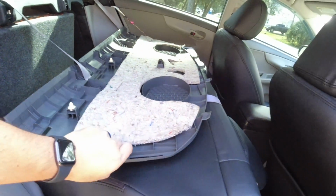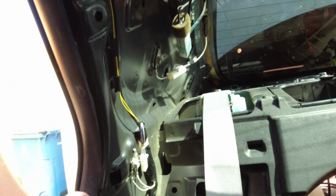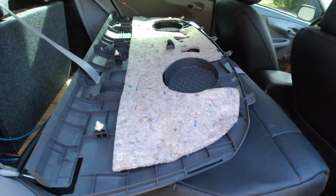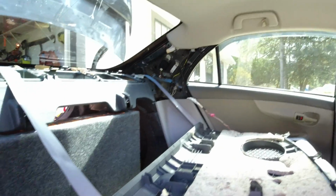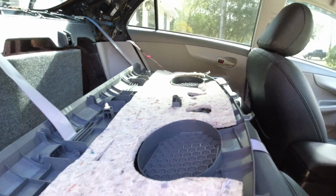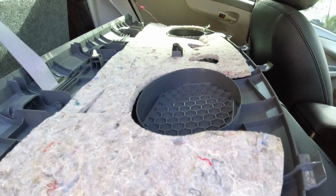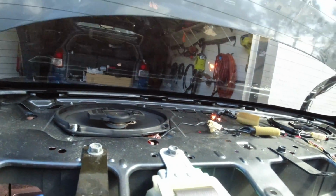I got this popped off. All I do is pretty much, this panel gets popped off a little bit. You don't have to take it all the way off. And then there's going to be 2 panels here that pretty much come off as one piece, and you'll do that on both sides. And then this piece is just clipped in there with a few clips. Just pull up on it. It is a little hard to pull up, but just pull up on it,